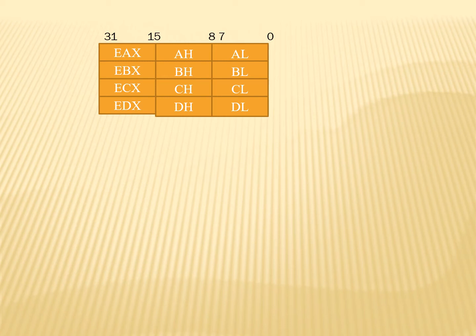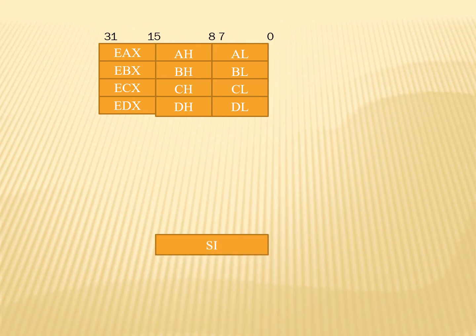CX stands for the count register. The count register is similar to a counter, which is used for string operations. Whenever we want to access a group of numbers, we always set the counter using the CX register. Lastly, we have the DX register, which plays a very important role. The capacity of the 32-bit microprocessor is just 32 bits. So when I am multiplying 32-bit by 32-bit, the answer will be more than 32 bits, and the extra part we get will be stored in the